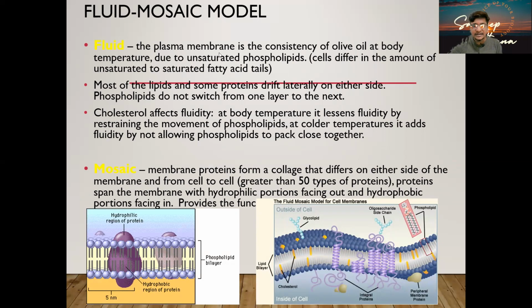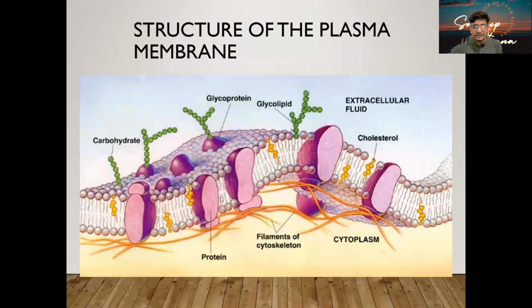In the fluid mosaic model, we use it for the proteins, and more than 50 proteins can be present on the structure of the plasma membrane. This is how we can see over here. These are the proteins you can see over here. Proteins may have a carbohydrate moiety that makes them glycoproteins, and if it is present on the lipid part, it is going to be a glycolipid. And you can see the cholesterol, a long-tailed cholesterol, present over here.